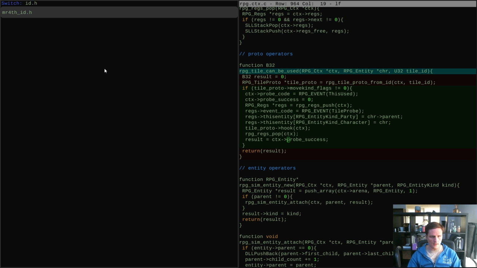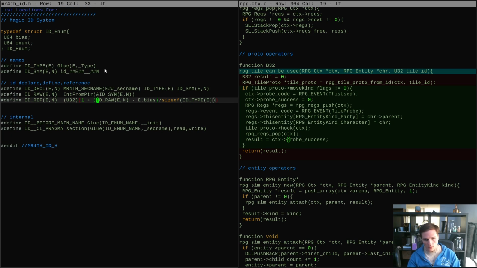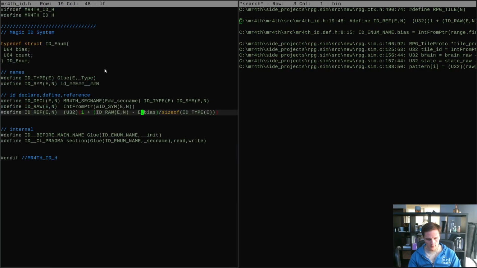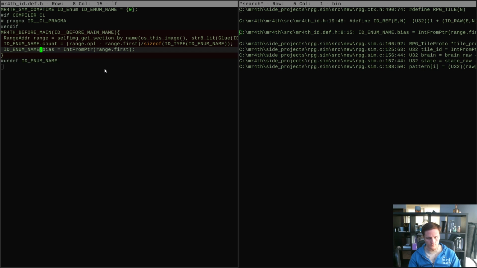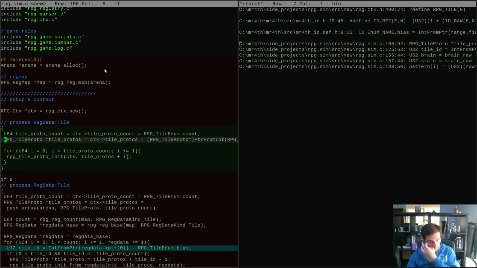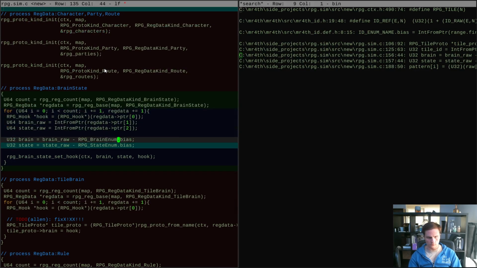Maybe id.h now has the right rule here, but maybe there are other occurrences of dot bias that I haven't corrected. Right, so to do these, what you have to do is go